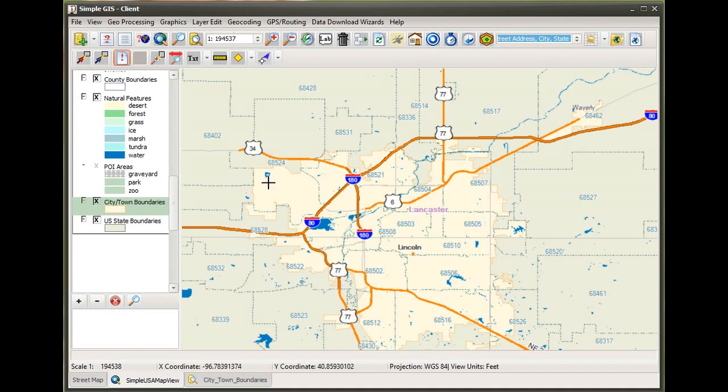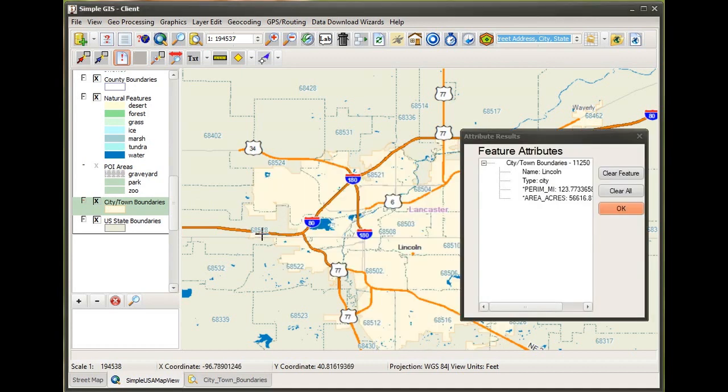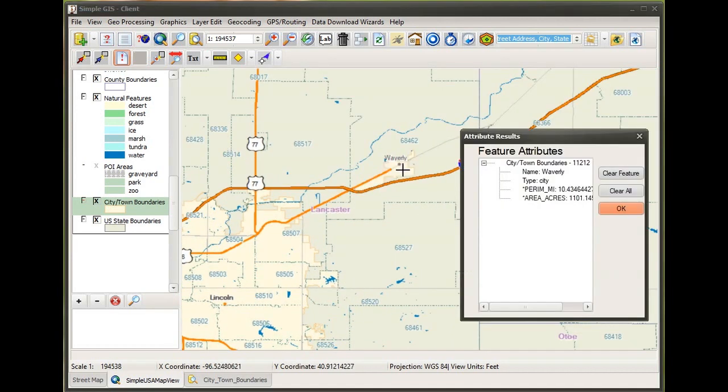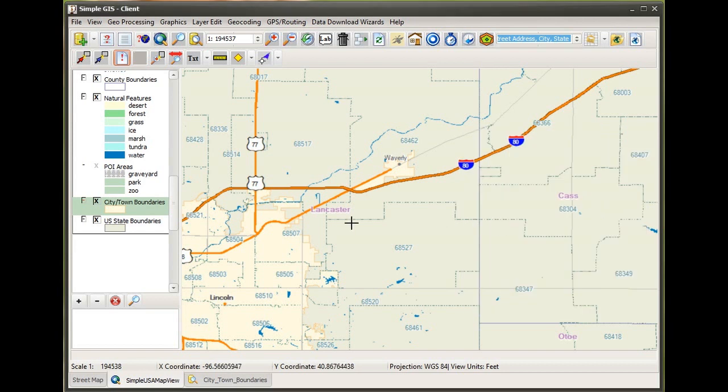And if I go and locate a different feature, well, actually that's the same feature. Here's one here, a smaller town, and I can see the measurements are indeed much smaller. The perimeter is now only about 10 miles, and a little over 1,100 acres is the area. So that is the derived geometry for a polygon feature. So essentially we're talking about perimeter and area,